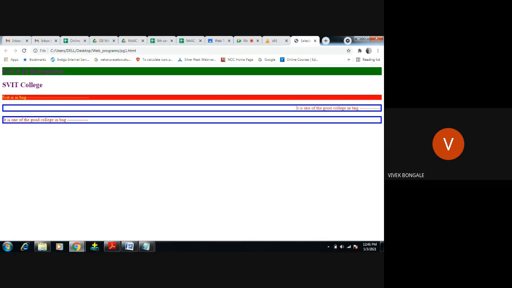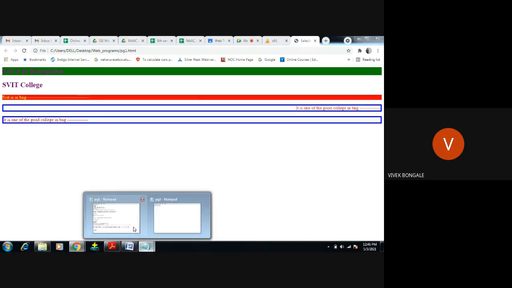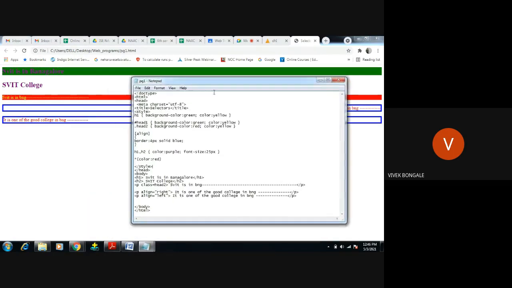No, correct. See, not all the statements which we have given in the body are displaying in red color, because we are applying a different rule for each statement here. What I will do, I will just remove this one. Class equal to, I will remove this. I will remove this.